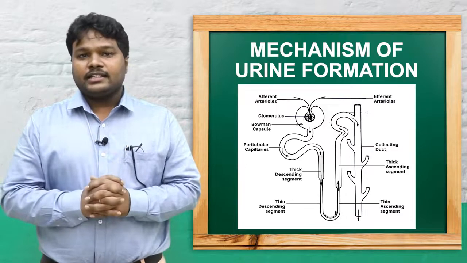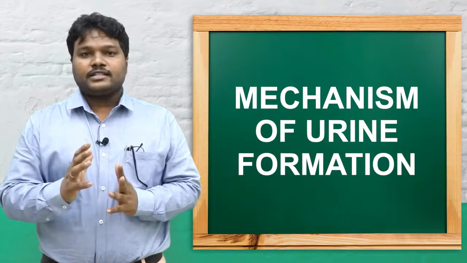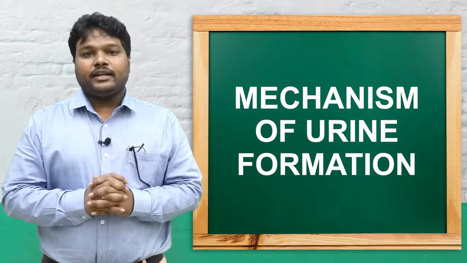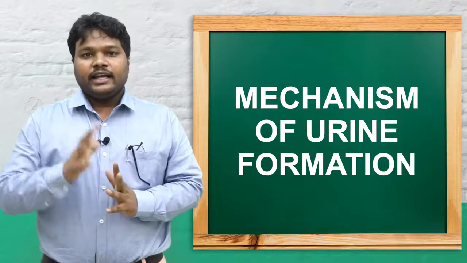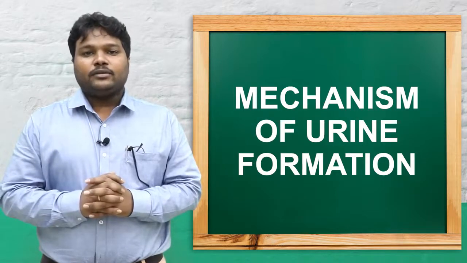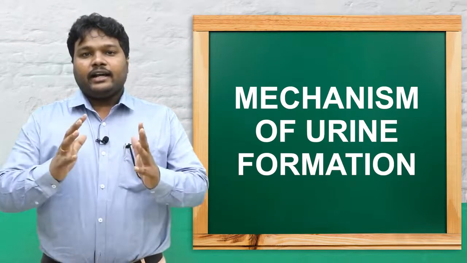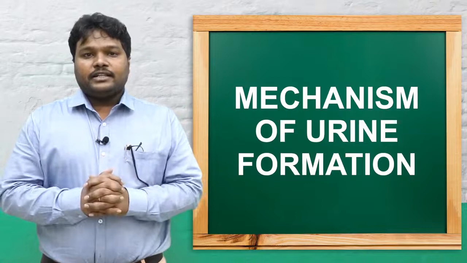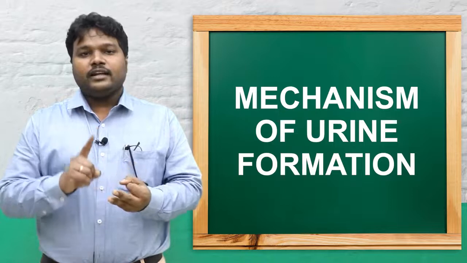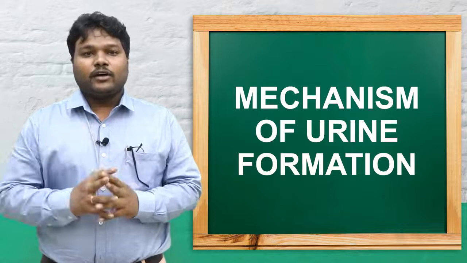In this we have discussed the mechanism of urine formation. It is a normal physiological activity of the urinary system. Daily 1300 ml of blood including water is filtered in the kidney, and in the same way a normal adult passes 1 liter to 1.5 liters per day. The mechanism of urine formation takes place in 3 steps, that is glomerular filtration, tubular reabsorption, and tubular secretion. Thus urine is formed and excreted outside the body in this way.